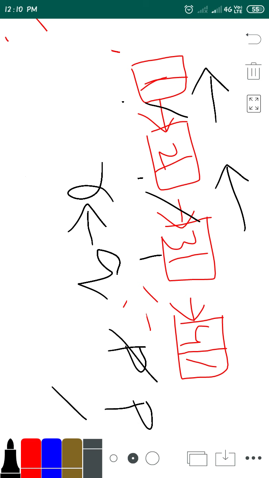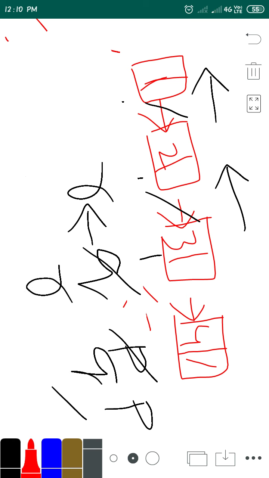Now it will be null. Why? Because after moving forward from 4, P gets assigned null. The loop stops at that point. Now Q will be here, R will be here. Now Q will point to R, like this. Now you can see we have reversed our linked list by using this algorithm.